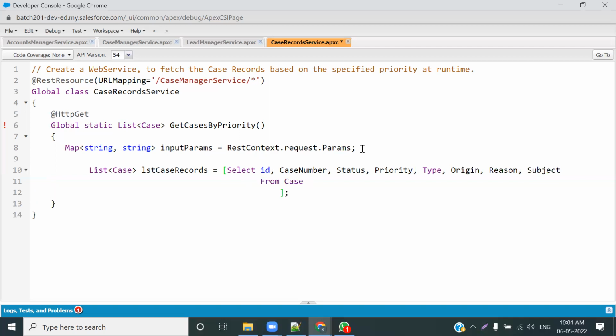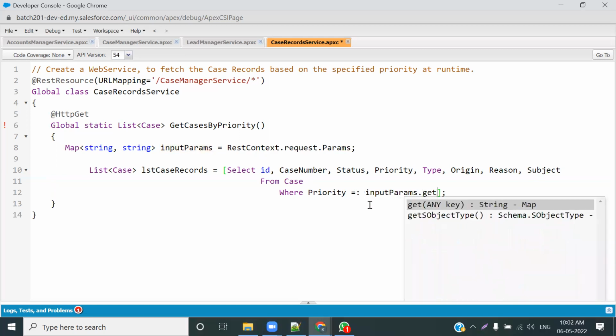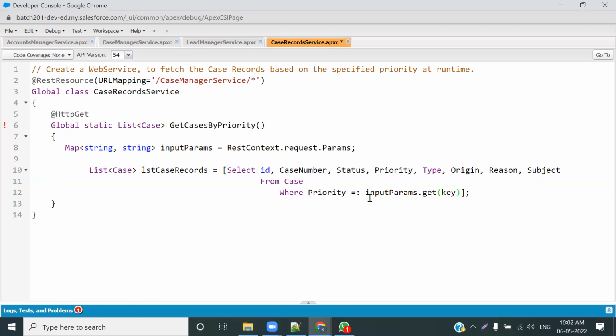Now let's put up the condition where what we want, the Priority should equal to, dynamic assignment, should equal to, from where, from the inputParams.get. Here मैं जो web service में आगे चल के नाम दूंगा वो मैं यहाँ पे लिखूंगा, ठीक है। तो आगे चल के नाम दूंगा, मैंने आपको बताया कि ये same होना चाहिए हमेशा, तो इसका नाम देता हूँ मैं